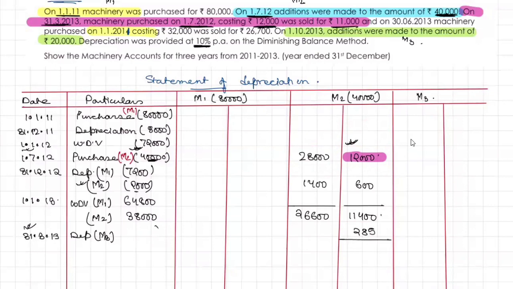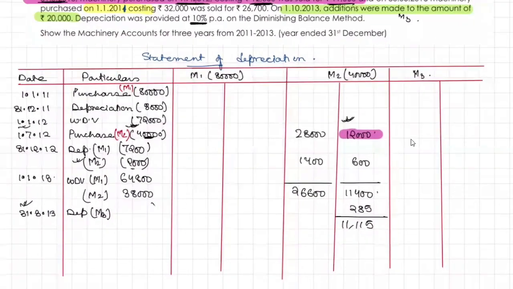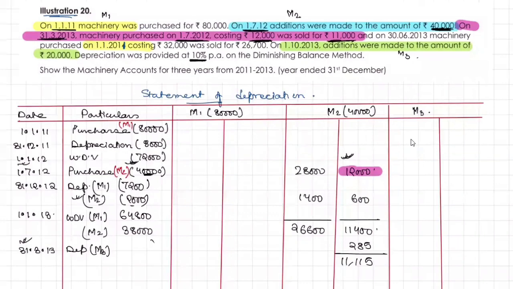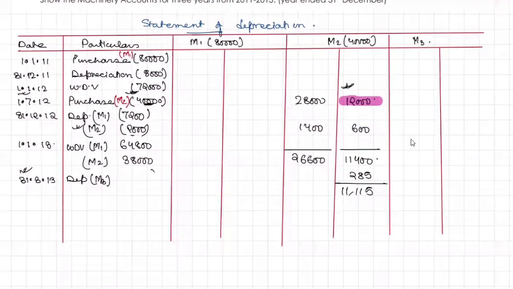285. So what is coming? 285. 11,115. Okay. Now what is the sale value? They're selling it for 11,000. Okay. So I can say that